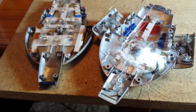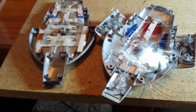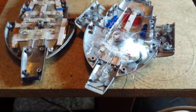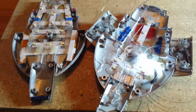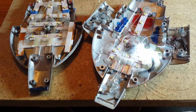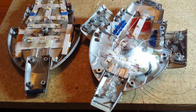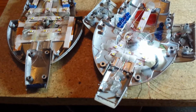I'm studying the directions real good. I'm studying the parts trees real good. I want to make sure that one comes out pretty nice, because I want to do lighting on there and kind of do the little diorama with the Special Forces TIE Fighter set that I picked up. So I'm going to be working on that, and pretty much that's about what I've got coming up in the next few months. I know that on the Millennium Falcon there are a lot of parts that'll take a lot of time,